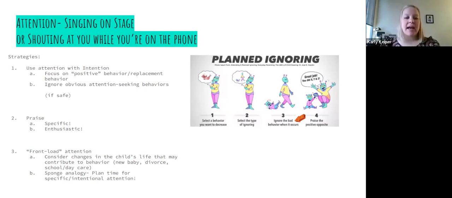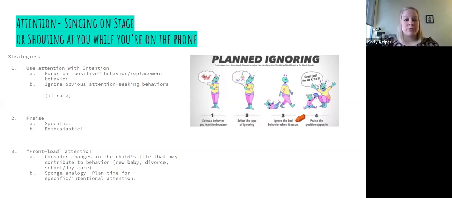When you have a child who's had a major life change, this could be something like a new baby, or a divorce in the family. It may also just be a transition, like moving from home to daycare or from daycare to school. That can be a time when attention shifts. So thinking of a new baby, maybe the child was an only child before and they were used to receiving all their parents' attention. And now all of a sudden there's this new person who's taking attention away. That can lead to more attention-seeking behaviors.